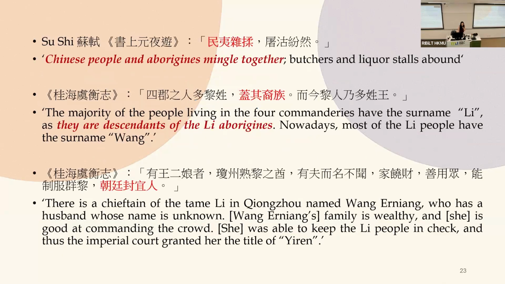And some Li people might even have given up living in Li territories and moved to live in Chinese commanderies. In the prose written by Su Shi, Shu Shangyuan Ye You, he noted a night out during the Shangyuan festival. Su Shi remarks that the crowd attending the carnival consisted of both the Han Chinese and indigenous people, Man Yi Zab Yao.